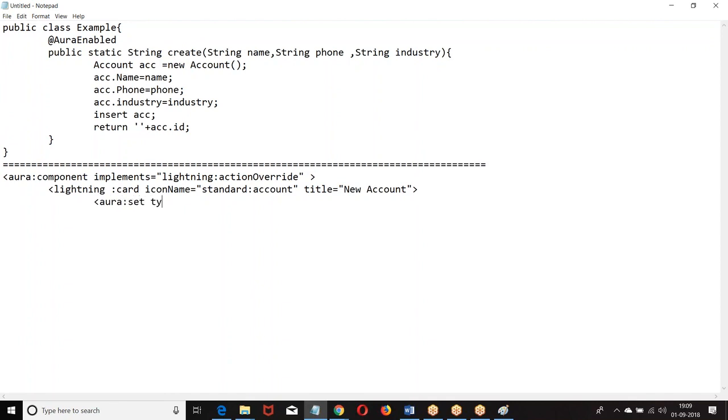Then we need to give type equal to. Then define.